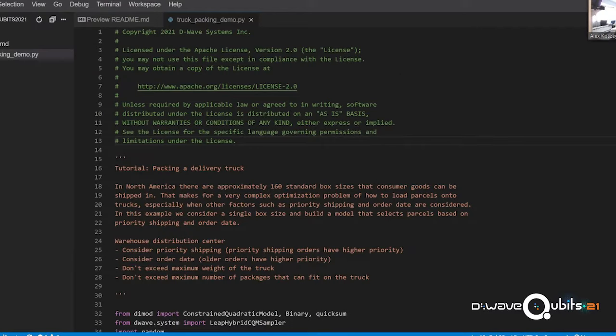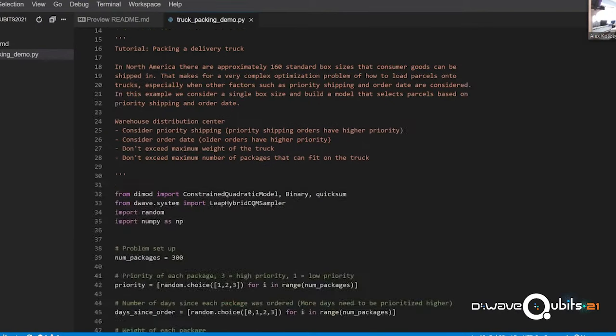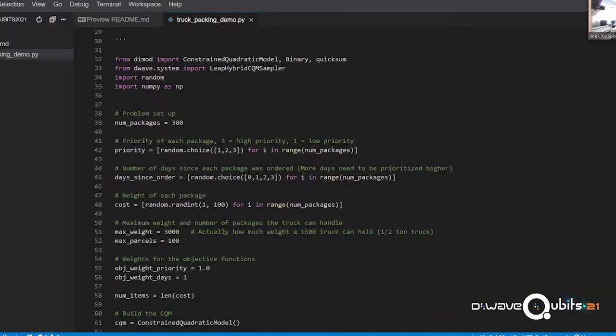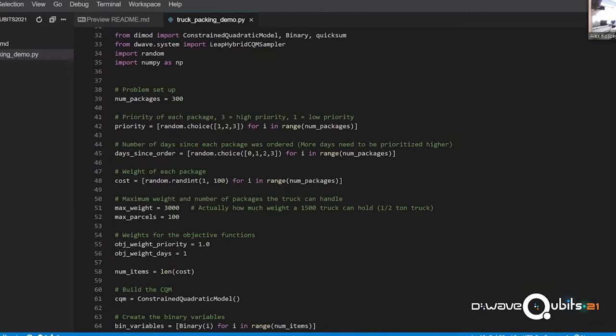I'm going to just scroll down here. There's a description of the problem at the top, but I want to start with the import statements. So notice from line 32 and line 33, I'm importing the tools I need from Ocean. So the constrained quadratic model lives in DIMOD.